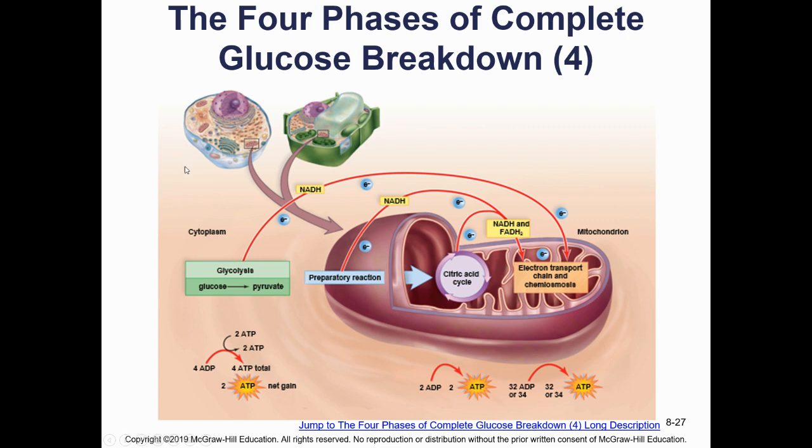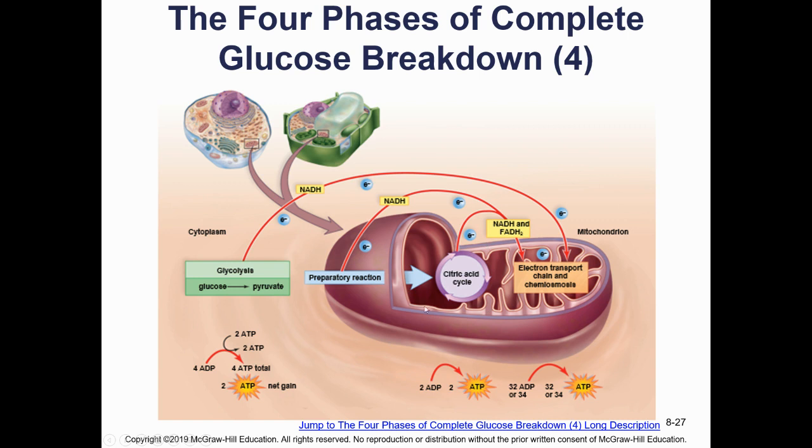So this is the complete 4 steps. Glycolysis out here in the cytoplasm, no oxygen involved. I put in some ATP to kickstart it. I get 2 ATPs out. My end product from glycolysis, pyruvate, goes into the prep reaction to be readied to be put into a form that can be used in the citric acid cycle. So my pyruvates are converted to acetyl-CoA,